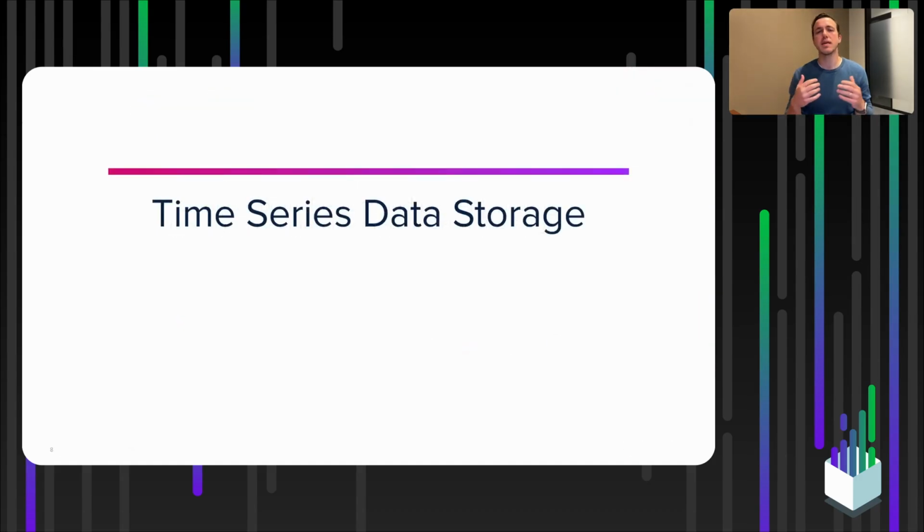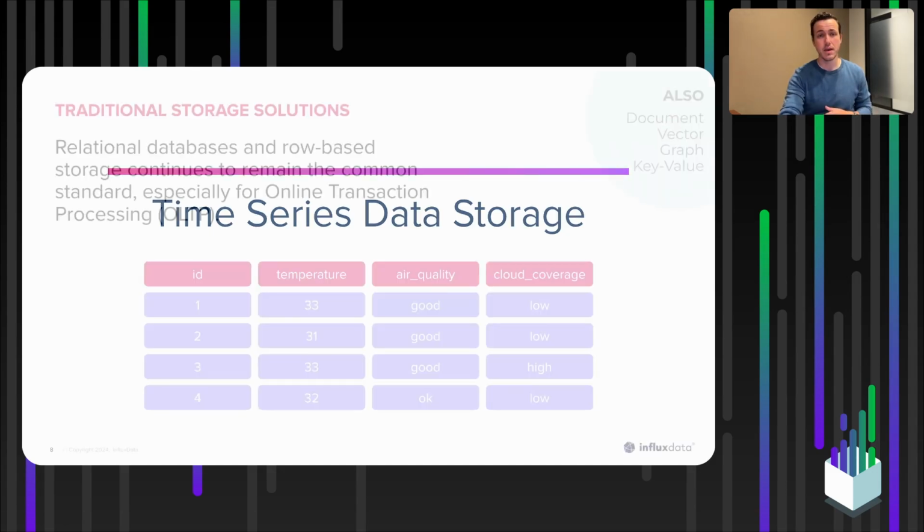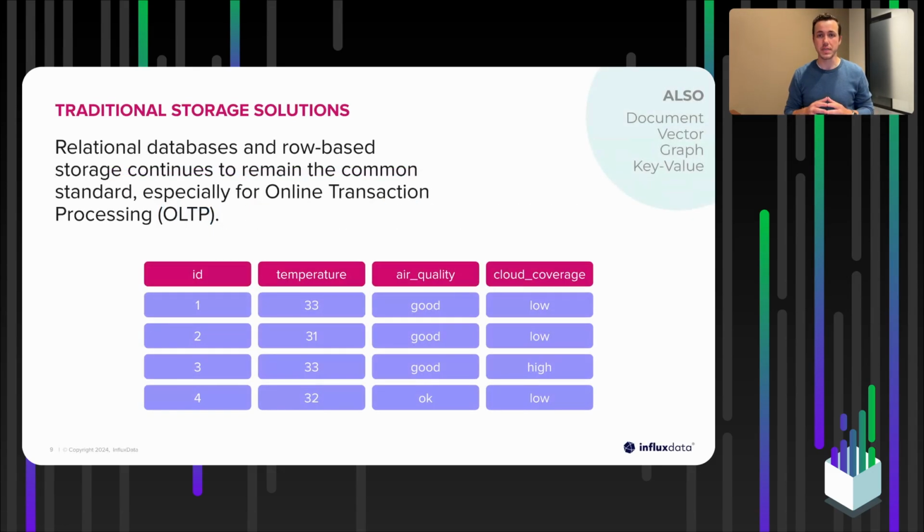Now, I want to talk about how this data is stored, because it's really critical to recognize that if you store it differently and separately than perhaps a traditional storage model, you can really unlock a ton of potential from time series data. Now, a traditional storage solution you may be thinking of, for example, is a standard RDBMS, a row-based storage system, which are great for online transaction processing. These solutions, oftentimes you can think of as in tables, and really come to mind with row-based entries. So if you want all the information on perhaps a specific transaction, you can easily get that data and not